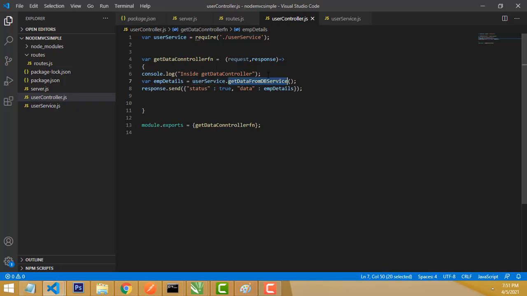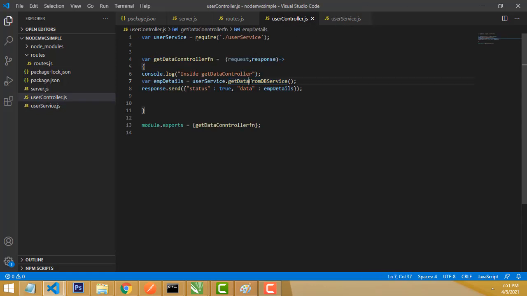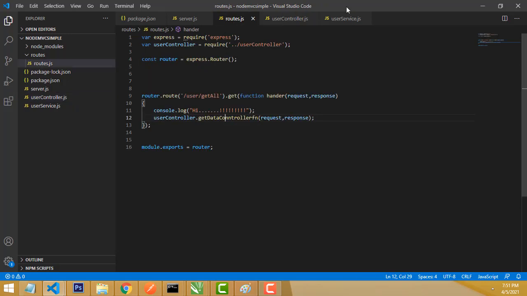So I'm not loading the data from the database. I'm just passing some array and loading the data. All the data is loaded and put into this variable. So if we are returning it, it will be passed to the controller to get the data. After that, it passes to the node-man, right? Okay, it never passes to the routes. It passes to the node-man and gets the request, right?